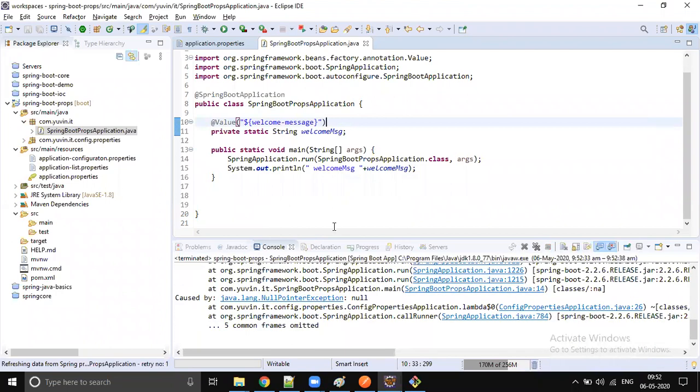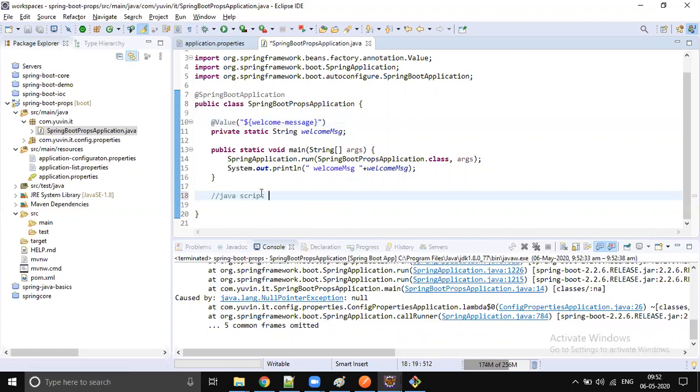So what is the cause? Does anybody have experience with JavaScript? Okay, so you do callbacks, right? In that callback you might have seen some kind of data which is not getting populated.